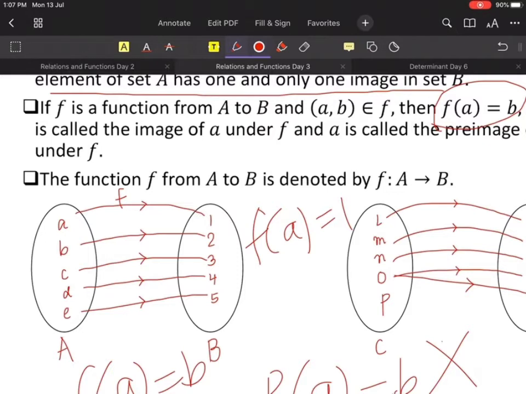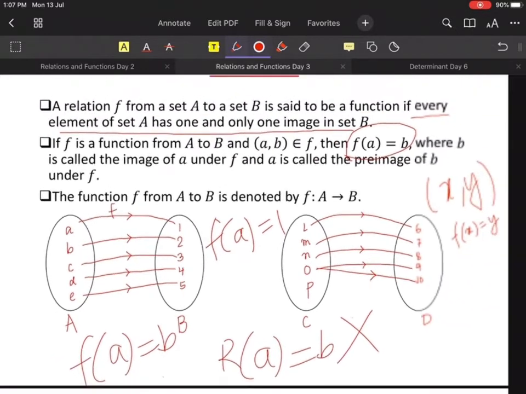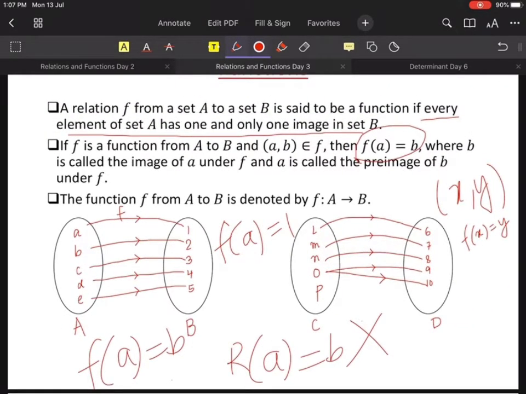A, like this one. So I will write f of a is equal to 1. Yes or no? Can anybody tell me what f of d is equal to? Wrong. F of d, not b, d for dog. 4. Yes. And f of e will be 5. Okay, that's how we define a function.